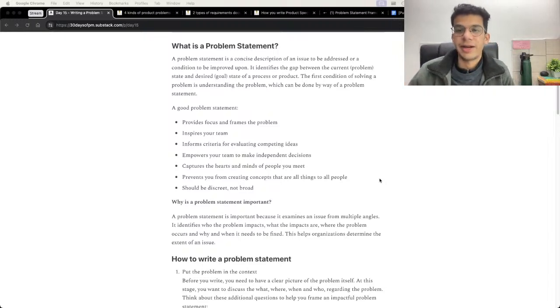Try to inspire your team, right, on that, as in, we see this being a problem, and think of the impact that we can generate, right? So if it is a very large scale problem and, as a PM, you see a lot of potential in delivering value through this product feature, try to inspire your team as to the amount of burden that they can let go of, or the amount of additional debt they'll have to include by just solving for this problem statement, right? So inspire your team through the details that you provide in the problem statement.